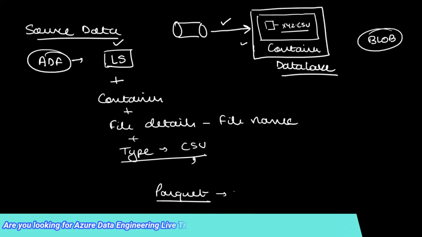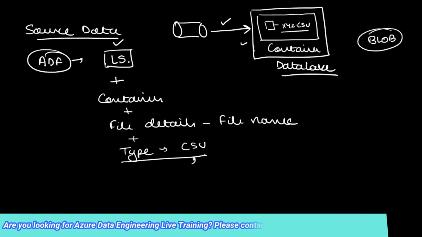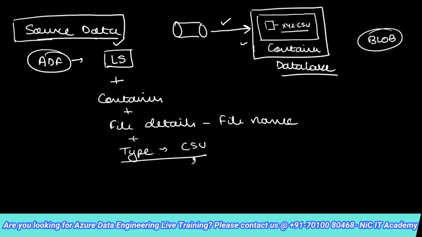So I am seeing that apart from just mentioning the link service, that is just the ability to connect to the data lake, I also need other information to successfully define the complete source data. Yes or no? If I just give the link service, that does not define the source data, because the link service will only take me as far as the data lake. It will put me within the data lake. It will allow me entry within the data lake.